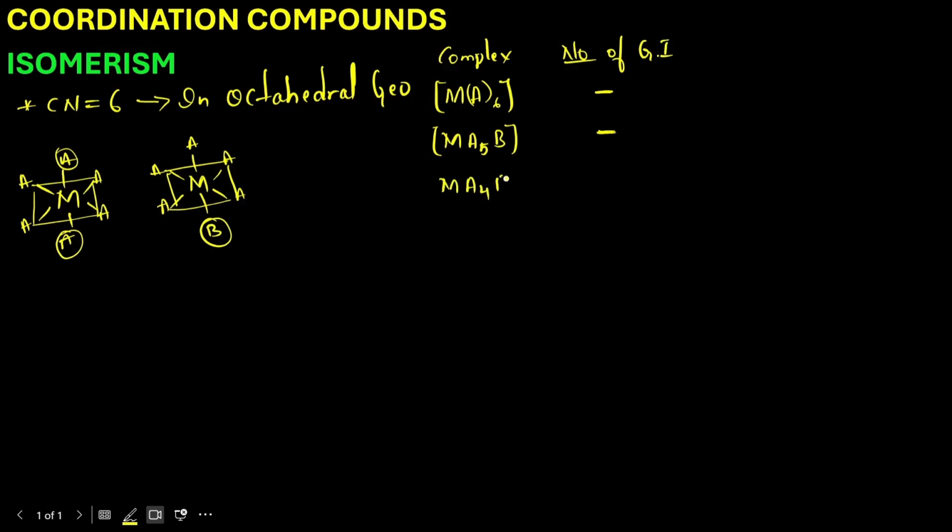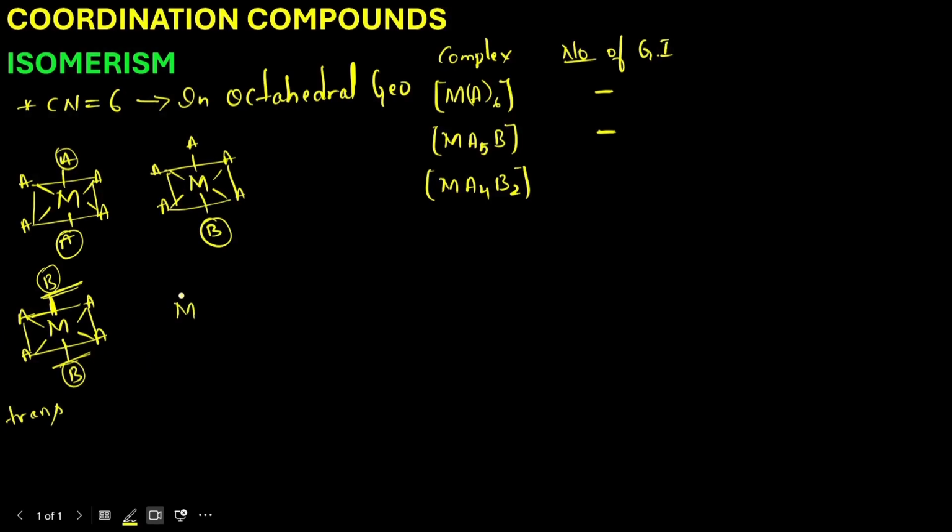MA4B2 type of complex. If we write the structure of MA4B2, here 4 identical ligands are present, that is A, and we have 2 ligands of type B. So here these 4 ligands are in the plane, and 2 ligands are in the opposite plane. Since these 2 ligands are on the opposite sides, this gives trans isomer. If you write one more structure,